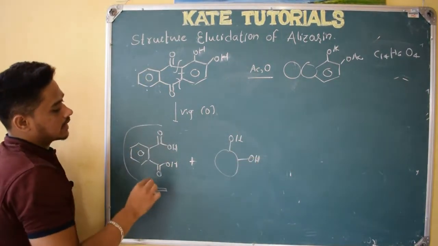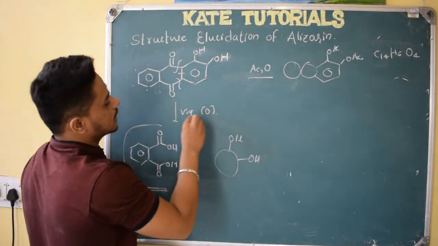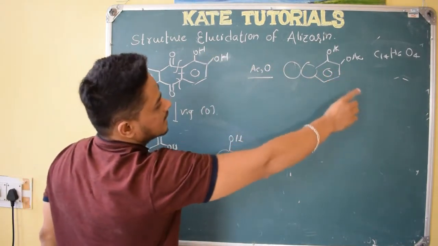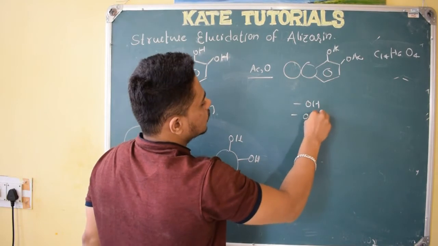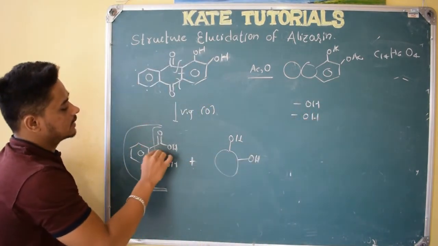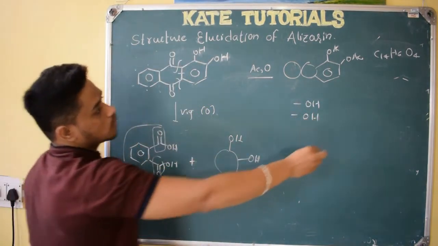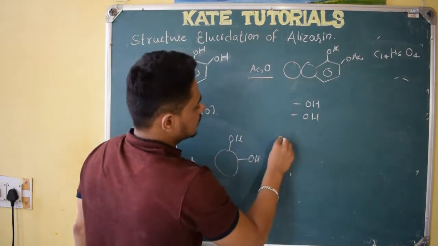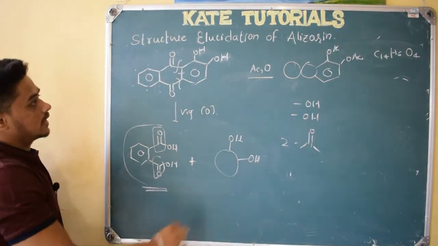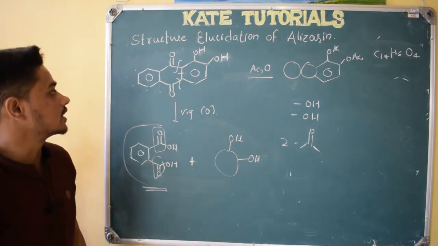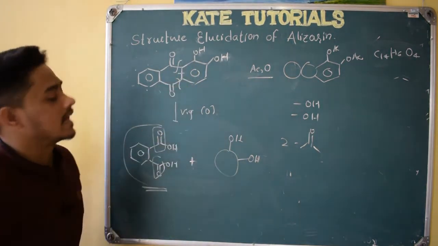And also we can conclude that the two oxygens we accounted for here, because of diacetylation, are like OH, and the other two oxygens are like CO. So I concluded for all four oxygens, right? In this way we did the structure elucidation, and we synthesized this phthalic acid, right?